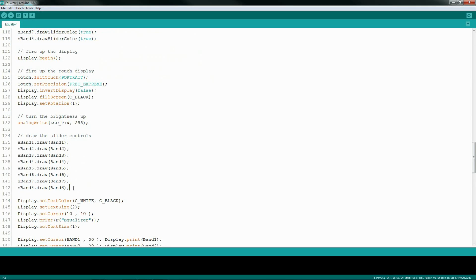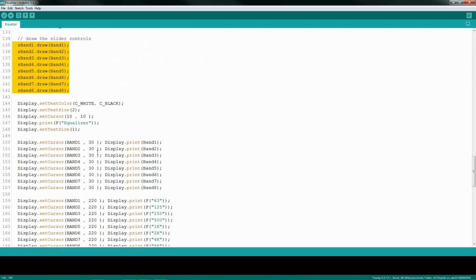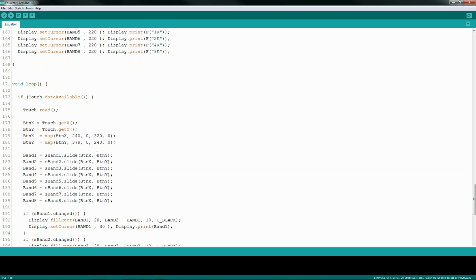Then draw the sliders passing in an initial value minus 12 to plus 12. My library does not print text, namely because there are just too many options and font styles. It's easy enough to write your own text anyway.